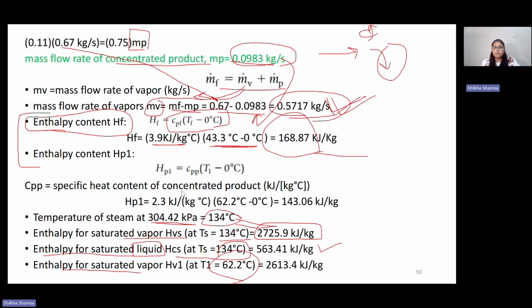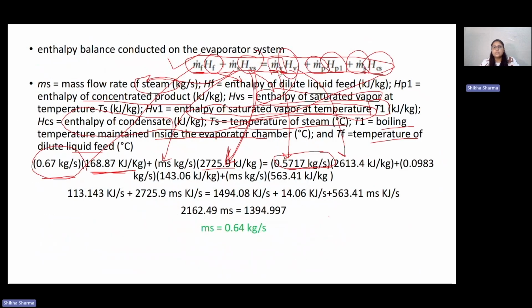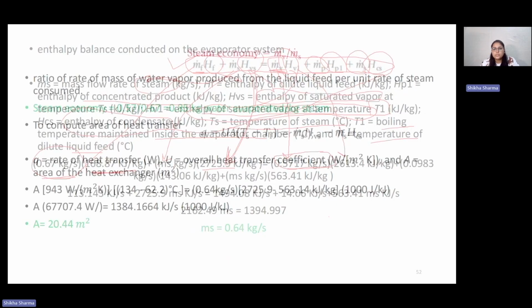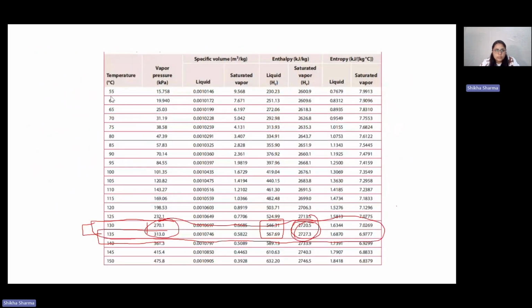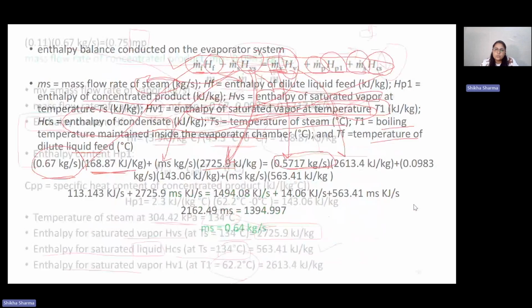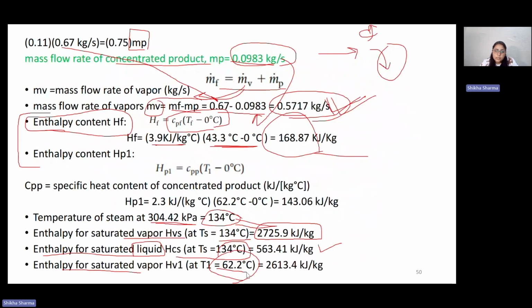So since we are talking here about MV, MV is basically for the vapor which is coming out from the concentrated product after getting the concentrated product. Which is at 60, the temperature of it is 62.2 degrees Celsius. So based on this table, 62.2 degrees Celsius, it is somewhere between here, right? The vapor will be somewhere between here. So based on the interpolation, at 62.2 degrees Celsius temperature, the enthalpy of saturated vapor HV1